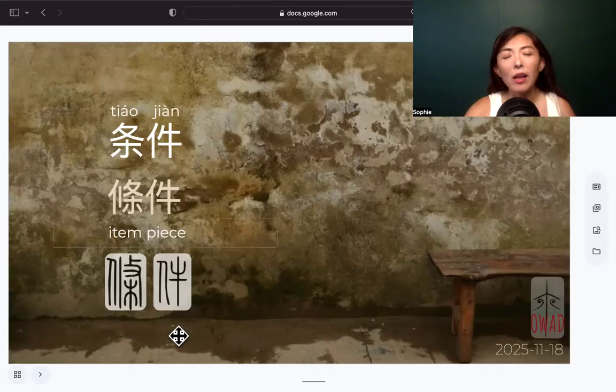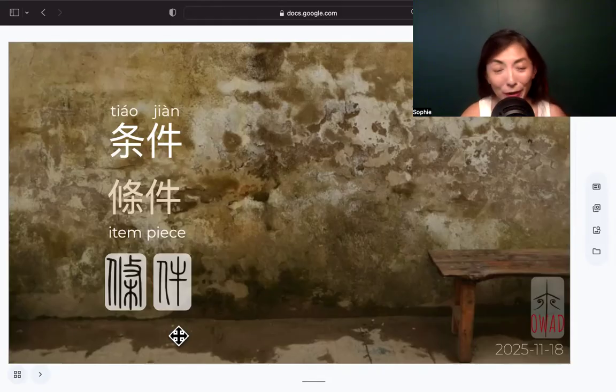So 条, I translated as item, but originally it means a long stick. And if we go further, according to scholars, I'm pretty sure they went through lots of ancient renderings, or different renderings of the same character, and tried to guess based on the guesses of previous scholars, and they came up with theories. Everybody's guessing. There's no guarantee our guessing is correct, but I guess I can quote their guess.